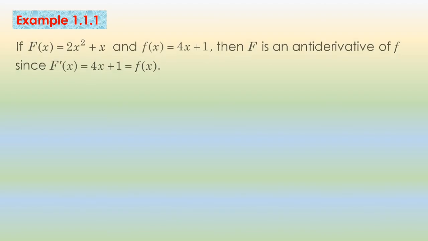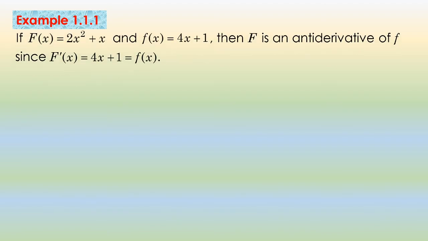To understand further the definition of antiderivative and the theorem that was just presented, let us have the following examples. Starting with example 1.1.1, if capital F of x is equal to 2x squared plus x, and small f of x is equal to 4x plus 1, then capital F is an antiderivative of f, since capital F prime of x equals 4x plus